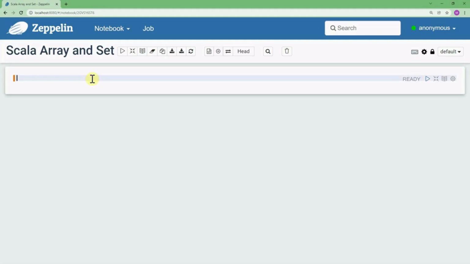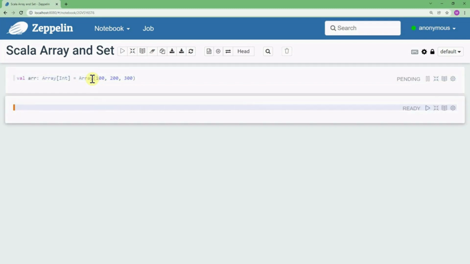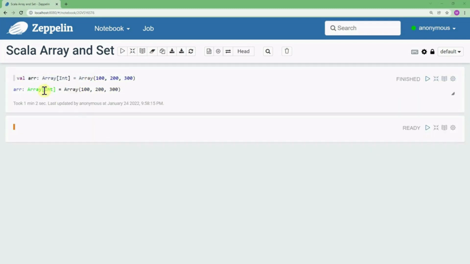In Scala, for defining an array, we can write val array, and we can define the type of the array. For example, I would like to have an array of Int, and then I can use the Array keyword. Here I should use the equal sign, and then I can use the Array keyword, and then I can define an array of integer values like 100, 200, and 300. Shift enter. We can see the result that we have an array of type Int, and this array contains elements of